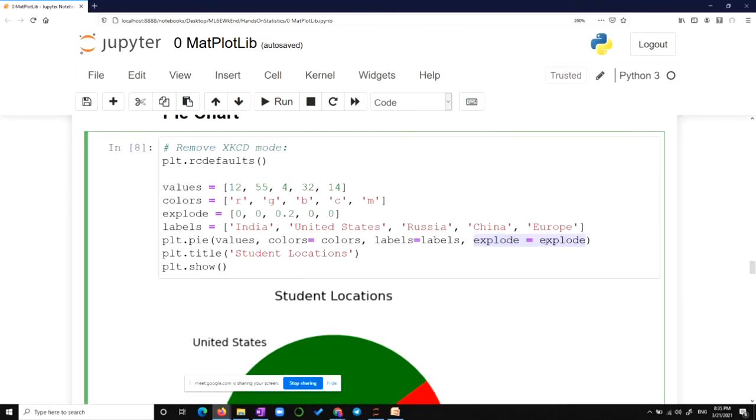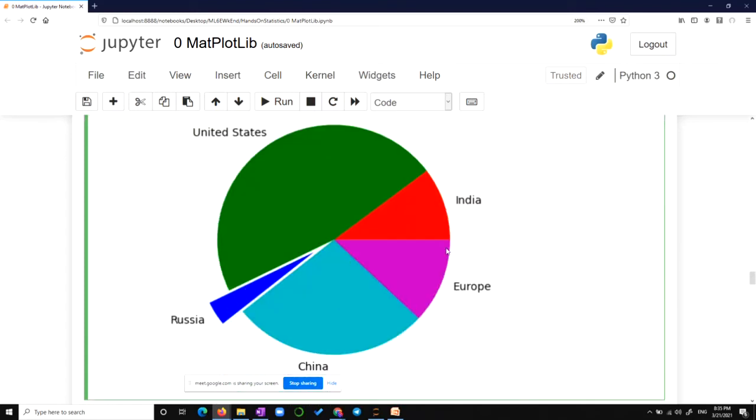So it is going to explode that. Okay? Explode something. If you think there is something different about Russia, maybe this is coronavirus distribution, and maybe Russia has the least amount of infection right now. You want to make sure that the person looking at this data clearly understands that the context, the observation or the discussion, is about Russia.